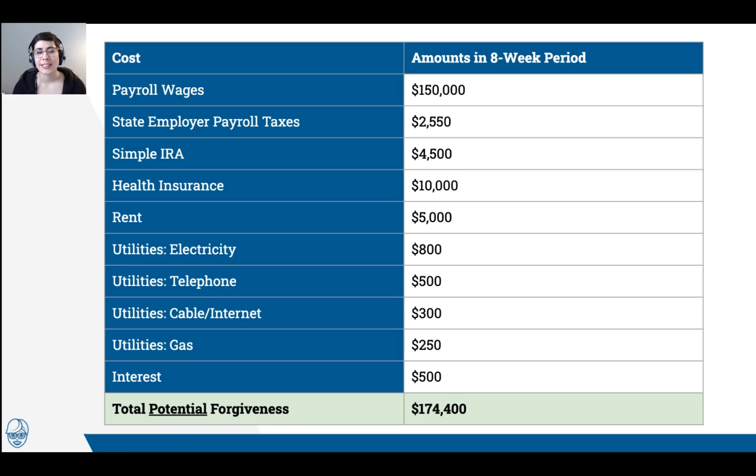So let's go ahead and calculate what that would look like if you're asking for that forgiveness. So let's say that you've got payroll wages of $150,000, state employer payroll taxes of $2,550, your simple IRA for $4,500, your health insurance for $10,000, your rent for $5,000, and then you've got electricity at $800, telephone at $500, cable internet at $300, gas at $250, and interest on your other debt obligations for $500. So your total potential, and that's important, your total potential forgiveness is